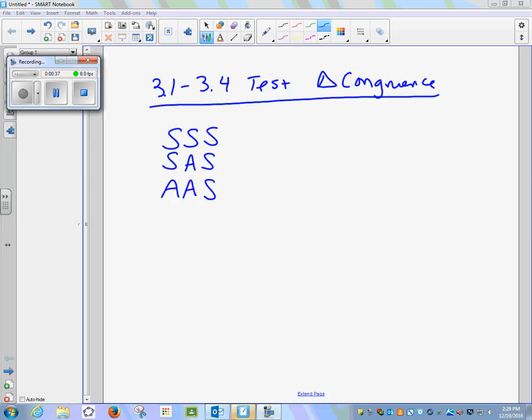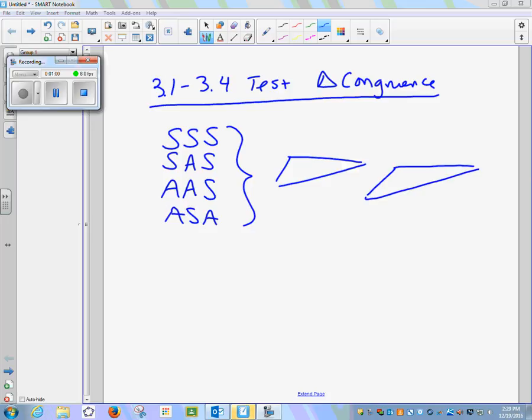Good? Okay. So those 4 are the first 4 that we learned. Those 4, all the A's stand for angle, all the S's stand for side, and the order matches how things are marked in the triangles that you're talking about, right? So,